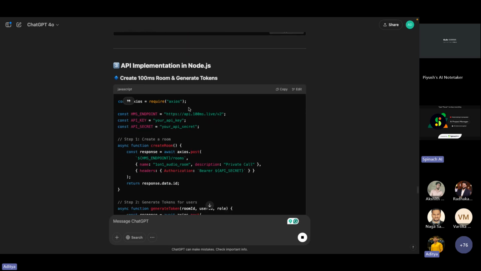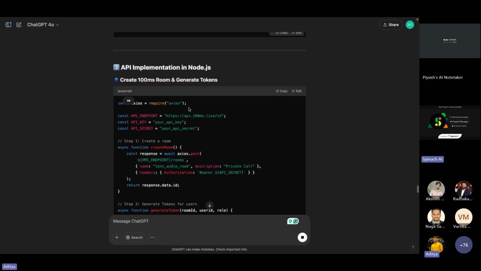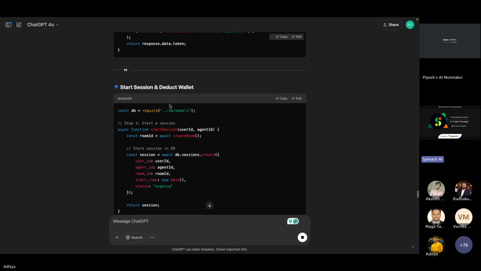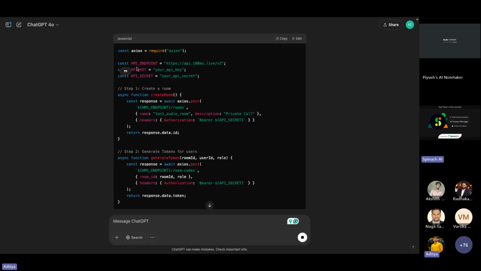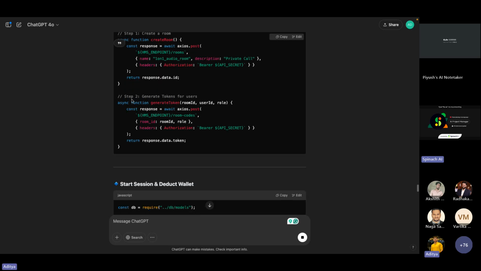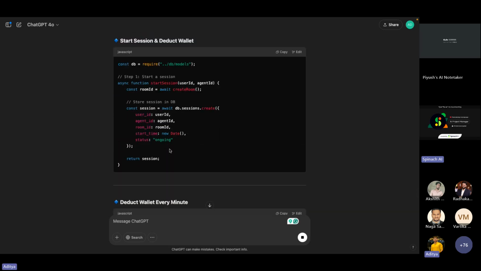फिर 100 ms का इसमें फाइल्स बताया। इसमें प्रॉब्लम क्या था, अभी ये ट्रेन नहीं है, हमने इसको फाइन ट्यून नहीं किया। तो इसने रैंडम फाइल्स बता दिया, मुझे नहीं पता कि किस फाइल में लिखना है। बट कोड इसने सही दिया है कि यहाँ 100 ms का क्रेडेंशियल देना है, यहाँ क्रिएट रूम करना है, टोकन जनरेट होगा, सेशंस और पैसे कटेंगे, सब कुछ दे दिया।